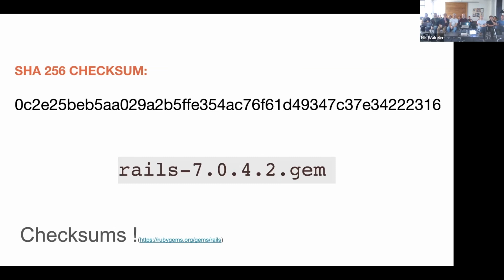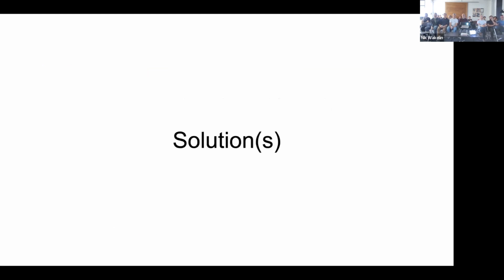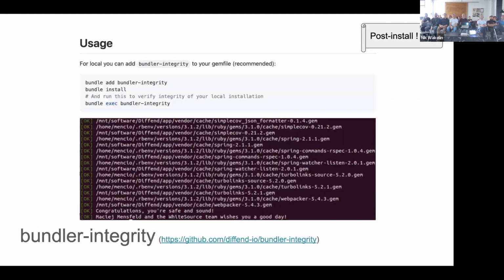And if you look at Rails, hopefully that's the correct checksum. So how can we make use of that checksum? The first and most obvious way, if you follow that security vulnerability advisory, is to use this new gem called bundle integrity. What bundle integrity does is that it checks all gems that you have installed in your bundle